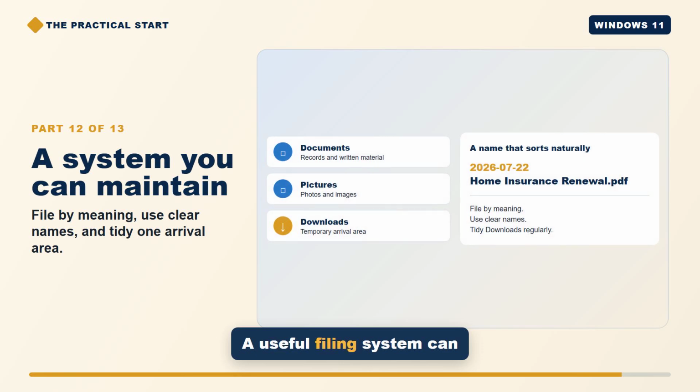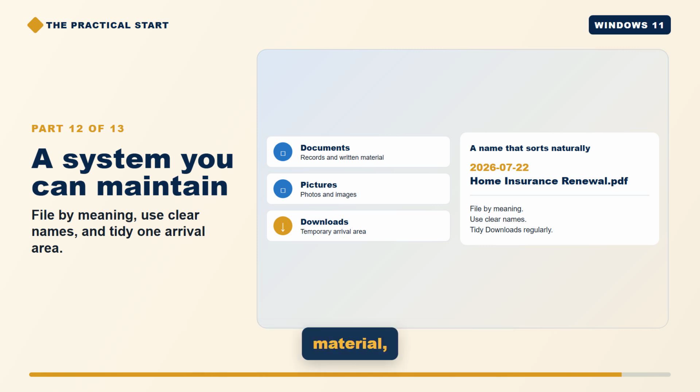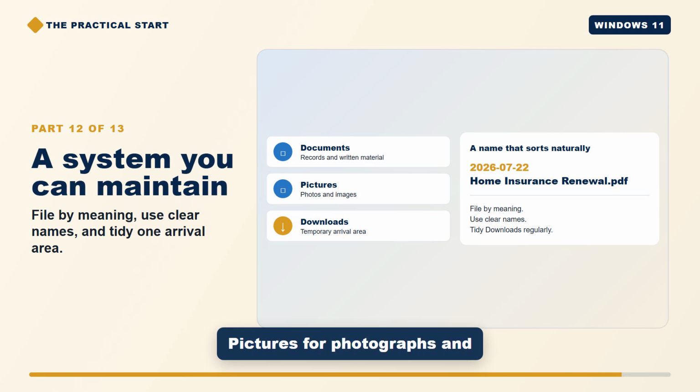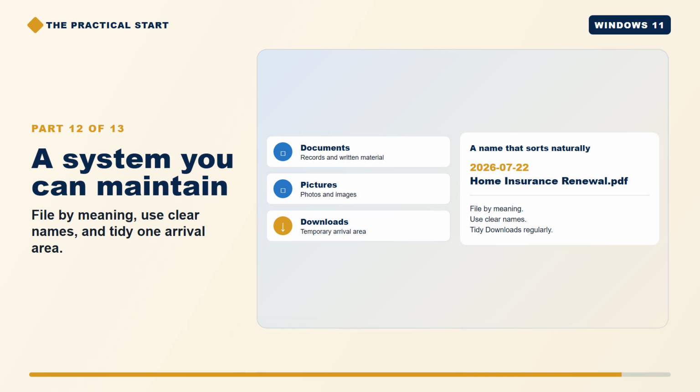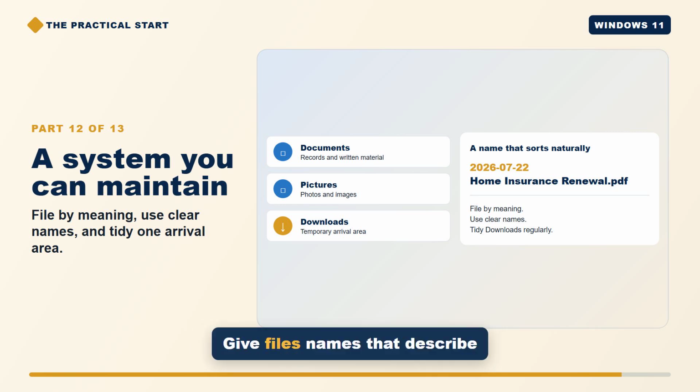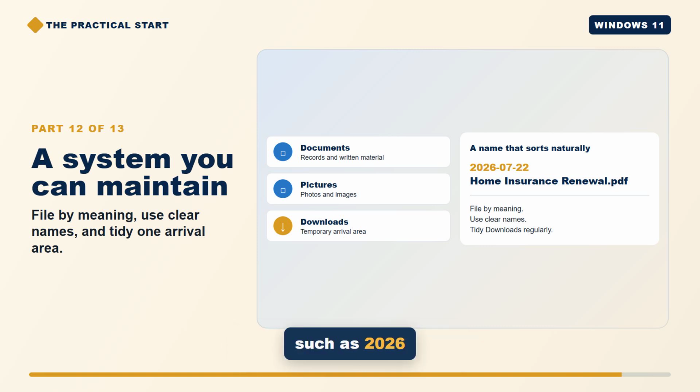A useful filing system can stay very small. Begin with the standard locations: documents for records and written material, pictures for photographs and images, and downloads as a temporary arrival area. Inside documents, add only a few life categories that match what you actually own. Give files names that describe their contents without opening them. Dates are helpful when order matters. Use year, month, and day so names sort naturally, such as